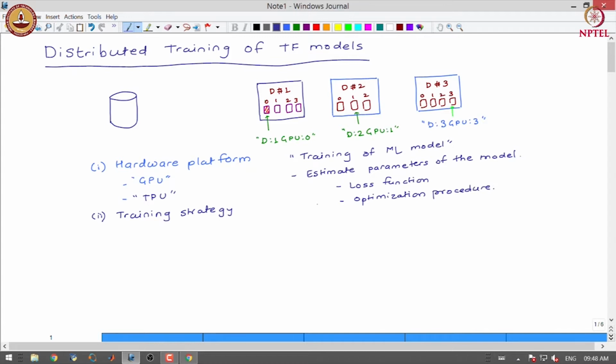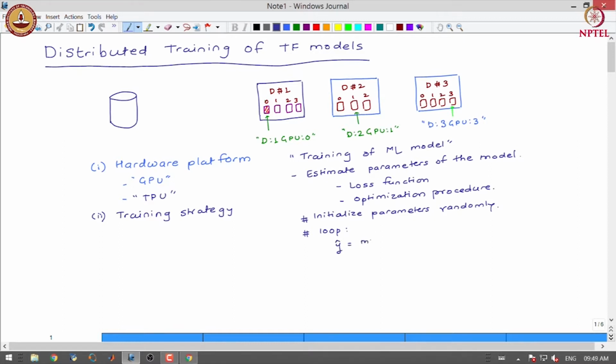So, what we do is we initialize parameters randomly or through some intelligent initialization strategy. After initializing the parameters, we run a loop, and inside the loop we first find the predicted value.